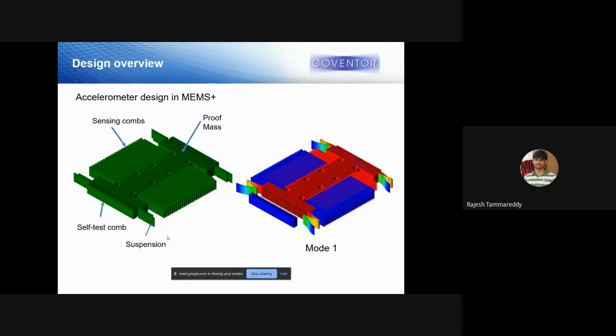So here, if you want to create this model in MEMS Plus, what do you do? We have a model-based approach. You have a middle mass that is created using a rigid plate component. A proof mass is created using that. There is a combs component. You can use the sensing combs, which will be created from that, and self-test combs. And beams will be used to model the suspension. Once the model is built, you can do the simulation and find